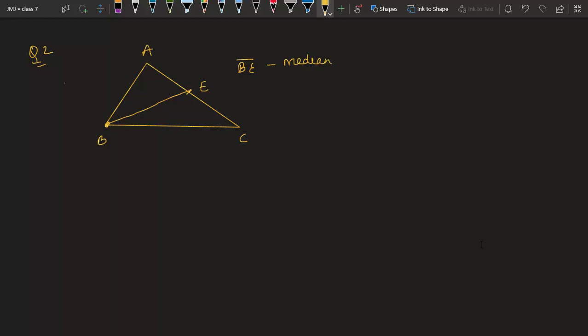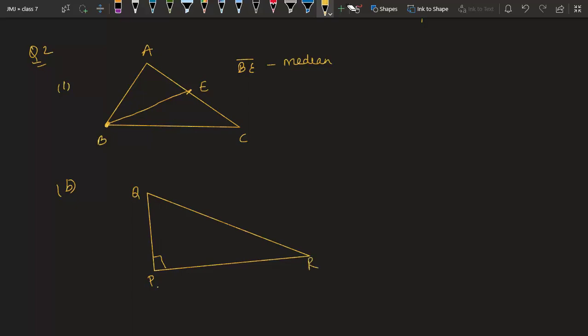I hope you are able to get this. This is the first part. Similarly, in the second part, that is B part, we have to draw a rough sketch for triangle PQR such that PQ and PR are altitudes of the triangle. So that means two sides should be altitude. For that we have to draw a right angle triangle, because we know the base of right angle triangle as well as the height, they both are at right angle. So only that will solve the purpose. So this is a right angle triangle. This angle is 90 degree. We can say this is PQ and this is PR.